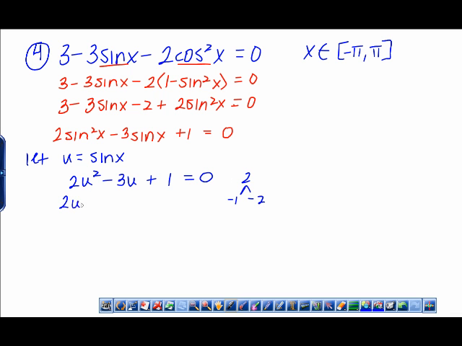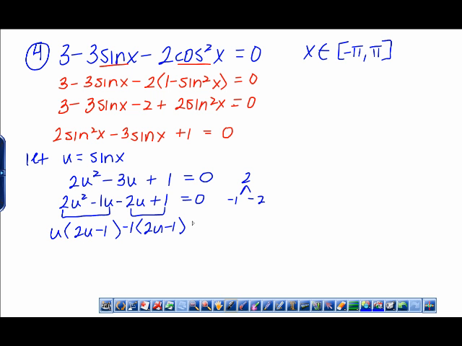So if you rewrote this problem, 2u squared minus 1u minus 2u and then plus 1. And then we need to factor out a u. I get 2u minus 1. I want another 2u minus 1 over here, so in order to do that, I need to factor out a -1. And I am left with u minus 1